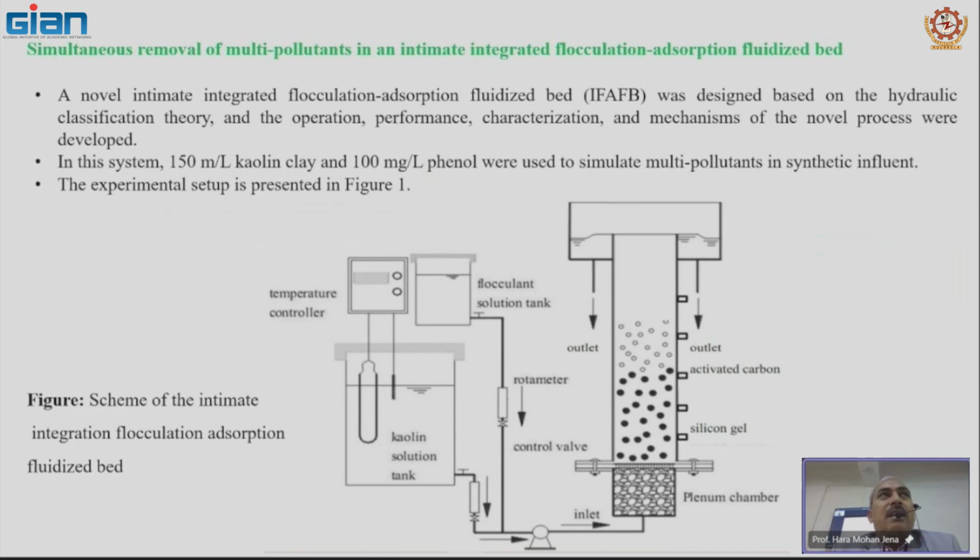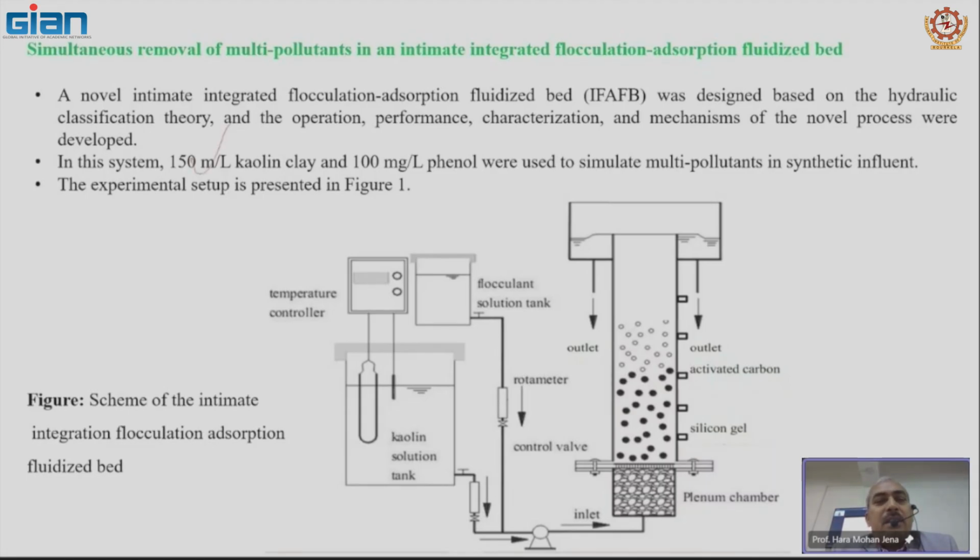Okay, that means the suspended particles are there also. So it is a novel integrated flocculation adsorption fluidized bed based on the hydraulic classification theory, and the operation, performance, characterization and mechanism of the novel process are described in this particular work. In this system, 150 milligram per liter, actually it is milligram per liter,